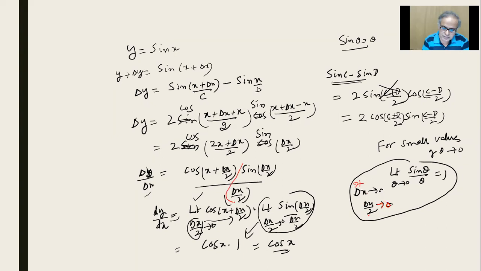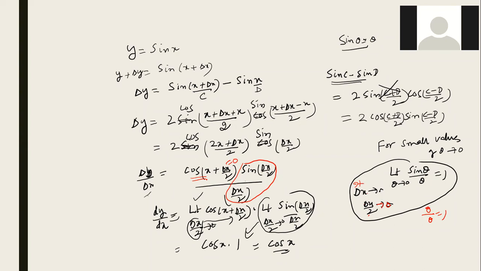This one becomes 1, because sine theta becomes theta. Theta by theta is 1. And here I put delta x by 2. This is gone. This whole thing has become 1 with limit. So this became 0. So what you are left with is cos x. Yes. As theta is going to 0, sine theta is theta. So theta by theta is what? 1. So 1. This delta x by 2 went away with this. Yeah, okay, got it, sir.